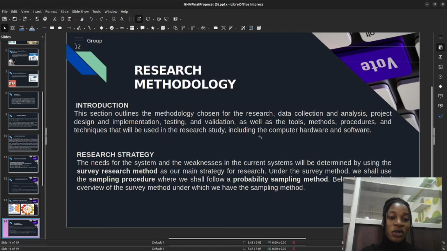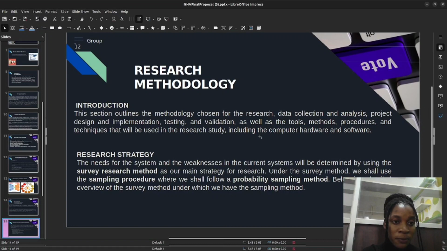So the main strategy of our research here is the survey. We are going to use the survey research method as our main strategy, and under it we shall have the sampling procedure, whereby we shall follow a probability sampling method. And yes, so briefly,